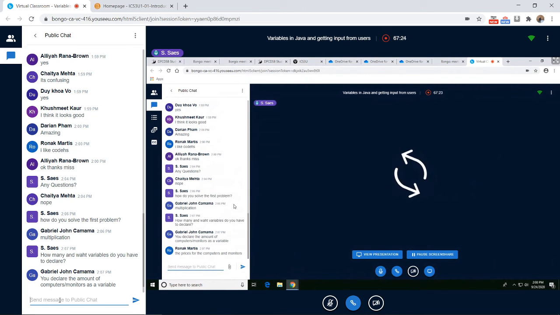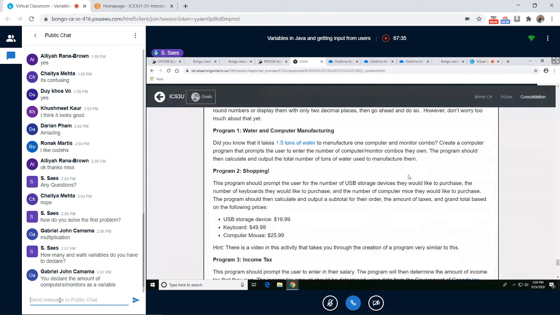All right, thank you. The price for the computer and monitor. Do we have to calculate the price? Let me see. No, we don't need the price of the computer, do we? We only need to see how many tons of water is used. So one of these values,